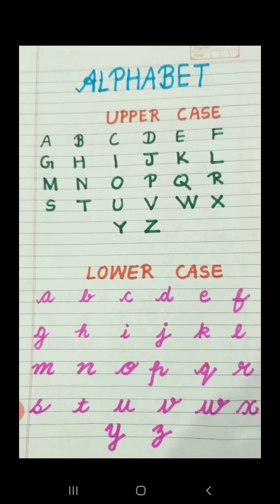See what ma'am has written after alphabet: uppercase. Uppercase means letters that are written in capital, or capital letters. Now see all the formations in uppercase. All are capital letters. Now we will be revising them. I'll speak one letter and you have to repeat after me. Promise, children? Very good. Let's start.